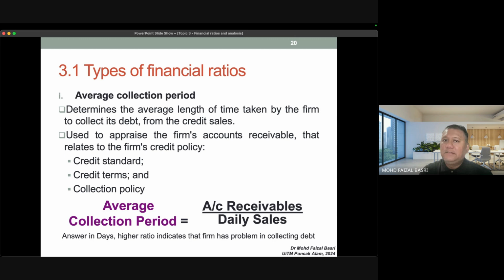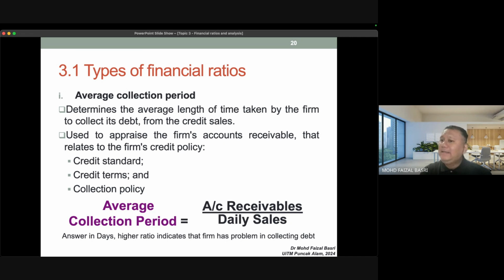Okay, credit terms. Credit terms usually specify how long a period is given to the customer to repay. Some maybe give credit terms of just 15 days or 30 days for example, or 60 days, 2 months. I don't know. It all depends on the company. So credit terms, one example is like just now, credit 15 days or credit 30 days. So sell today, within 15 days or 30 days from the invoice date, the client has to do the repayment for example. And sometimes the credit terms will